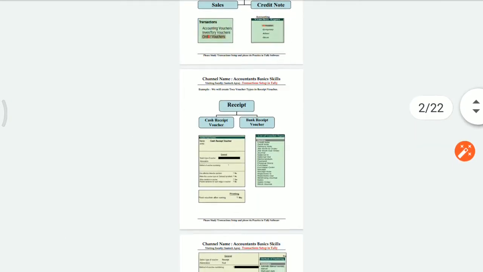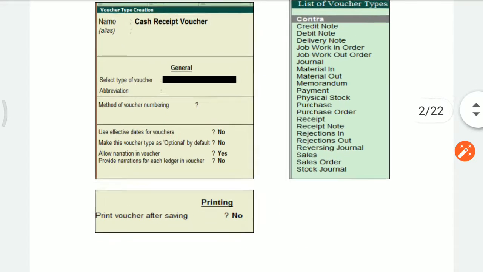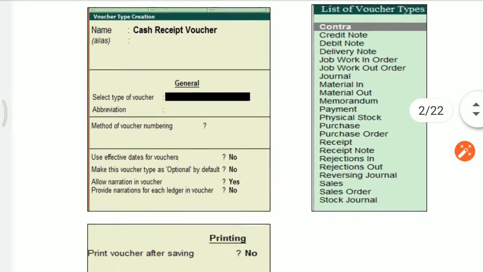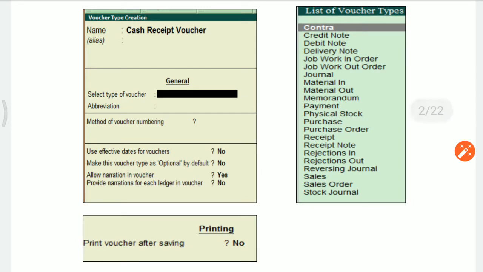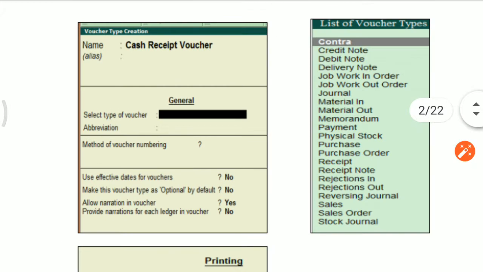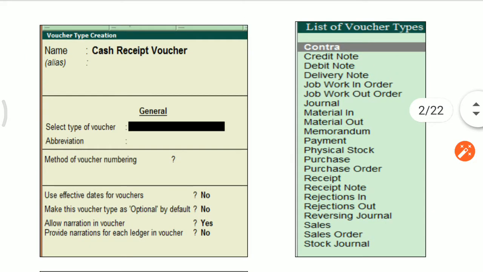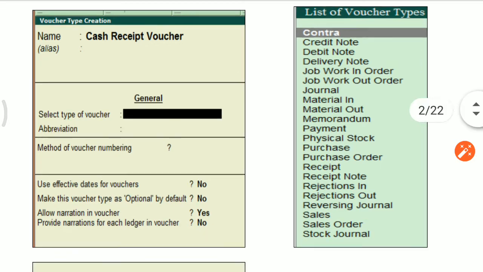After selecting create vouchers, the screen will appear on your laptop or computer. You will type cash receipt voucher. Then you will select the type of voucher. You have to select the type of voucher as receipt, where receipt is given.